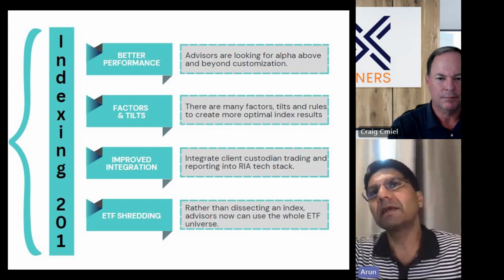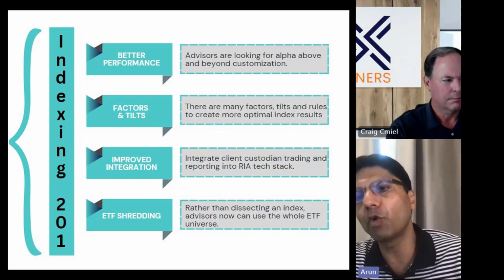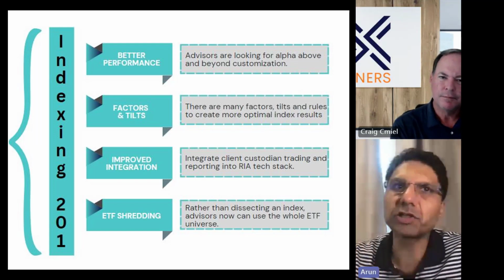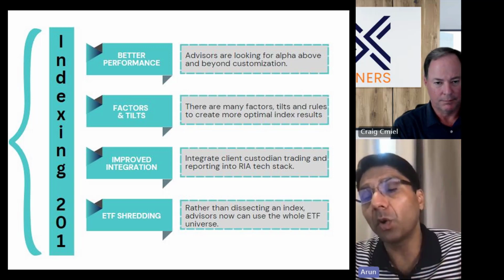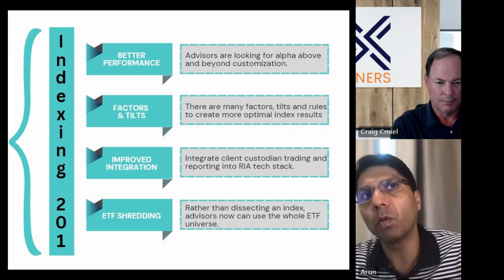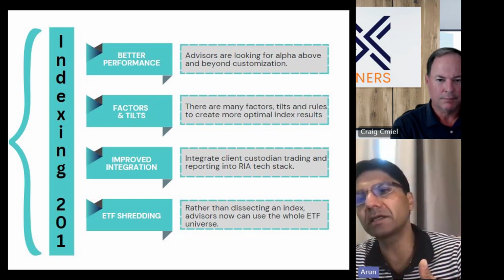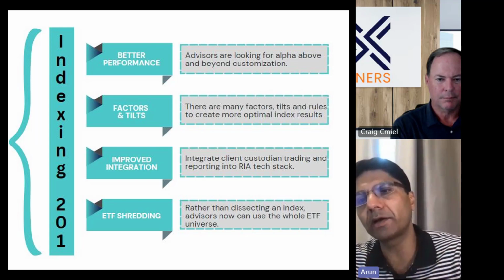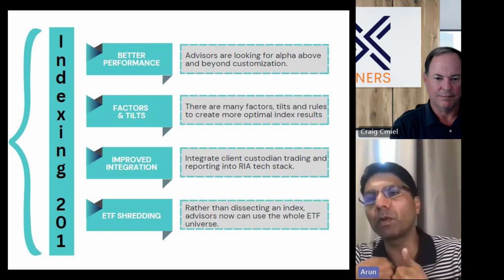Now, in indexing, because it's rules-based, you at least are able to minimize the emotional bias. But the cognitive bias, where we base decisions on false premises, can creep in. And one of them is always using market cap as the weighting function. Why? We should step back and ask ourselves, why has the index provider done that? Is it because historically its biggest index is the market cap weighted index, and that just sort of permeates into every index it builds? But that may not be the right one for you.